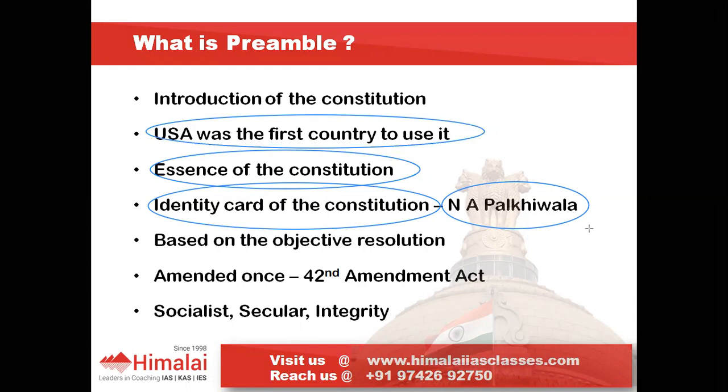And what can be called the essence of the constitution? Let's say the option gives you preamble, fundamental rights, or DPSP. The answer would be the preamble. What is it based on? It is based on the objective resolution. If you remember our lecture on the making of the Indian Constitution, then Jawaharlal Nehru on the 13th December 1946 placed the objective resolution in the Constituent Assembly, and it got unanimously passed by 22nd January. So this preamble reflects the objective resolution proposed by Jawaharlal Nehru.